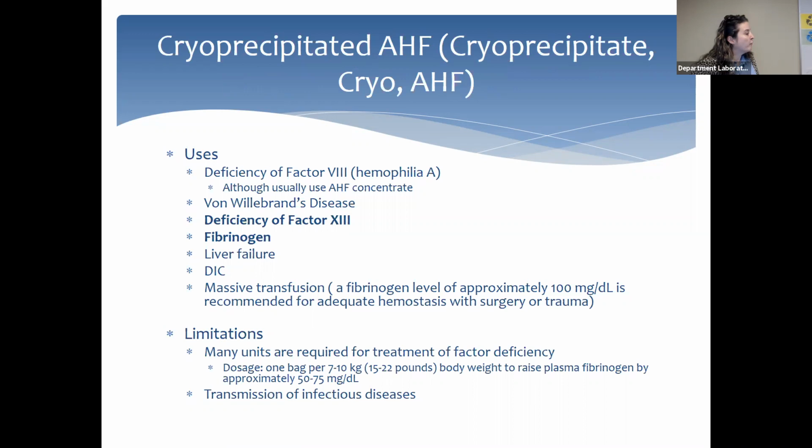So some uses of cryo. Remember that for FFP, the longer it sits, factors 5 and 8 will decrease. So cryo is a more concentrated dosage for factor 8. Okay, so it's a better option than FFP. However, now we have factor 8 recombinant DNA concentrate that is a better option than cryo. It's used to treat von Willebrand's disease, deficiency of factor 13 and fibrinogen, those patients with liver failure, DIC,